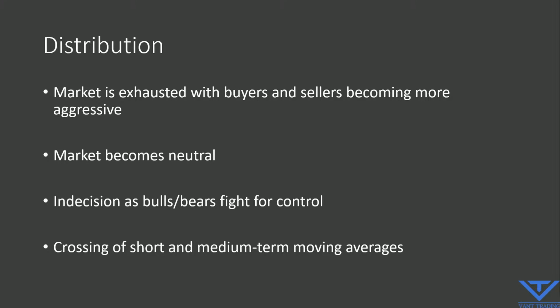Now bulls and bears are fighting for control. You're seeing the short and medium term moving averages start crossing over each other. Now you're seeing people distributing shares back and forth, maybe, and the demand slowing, volume slowing down. Now you might get another period of accumulation or markup after if demand can resurge, or most likely you'll get